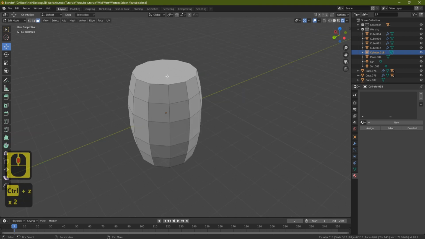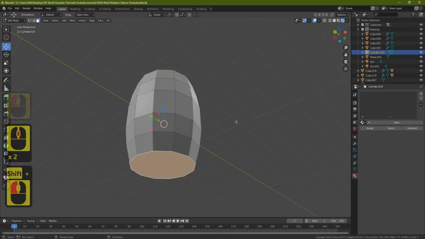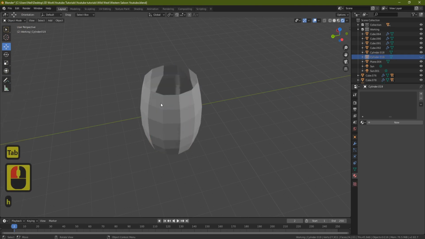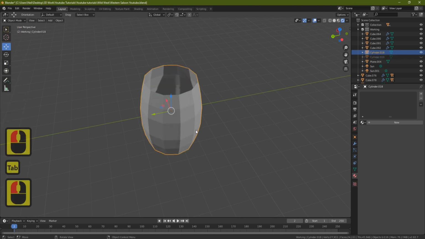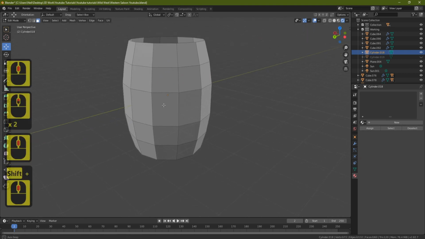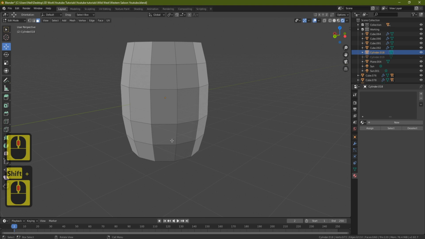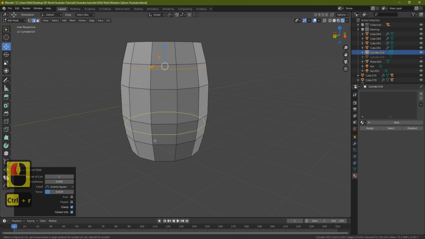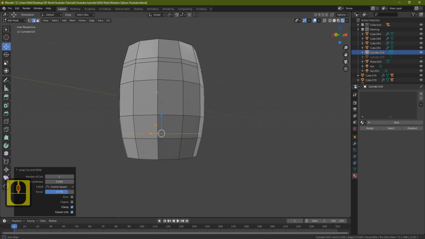So what you really want to do now is grab the top and the bottom, press P, selection, and just split those off, hide those out the way, and now just work on this barrel part. And you're going to try and grab two straps, the metal straps that go around, that are going to hold it together. So let's put an edge loop in here and an edge loop in here, and we want probably